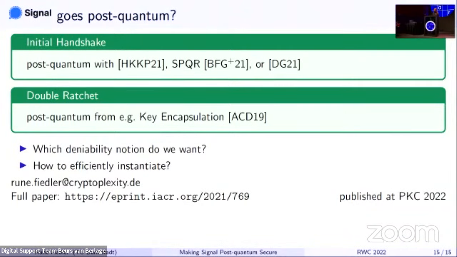So one question, no, actually two questions for the audience, for the broader community, so to say. Which deniability notion do we want the initial handshake protocol to achieve? Do we need deniability with respect to strong judges? Do we want public simulatability? Do we want a stronger version of both of them? What type do we want? And also, how do we instantiate these protocols? So which hardness problems do we want to rely on? Or do we want to rely always on isogenies? These are my questions for you, so to say.